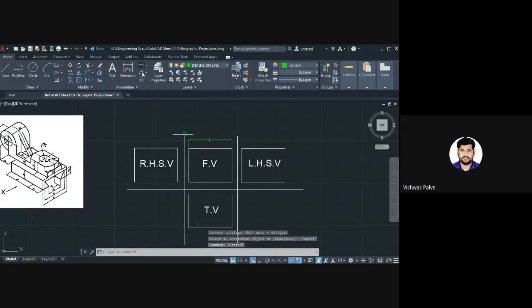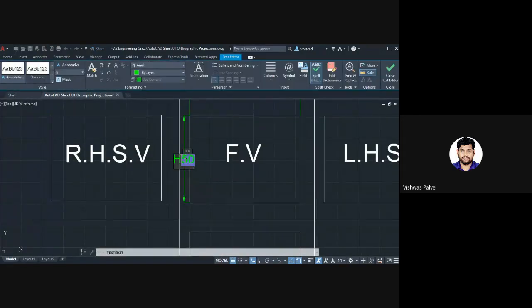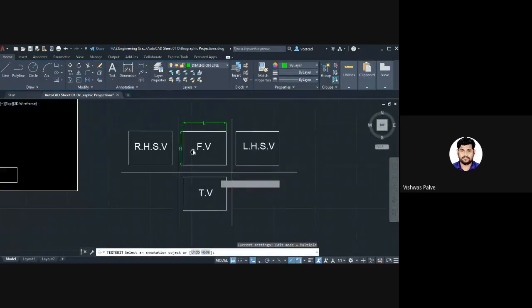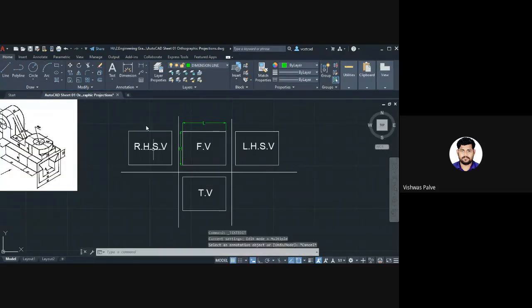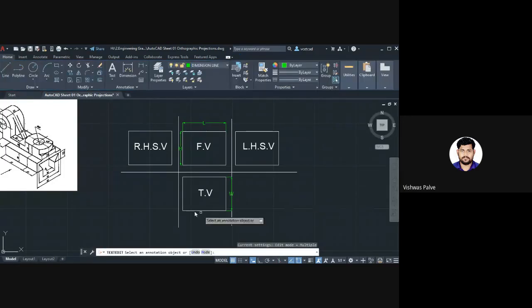Then I will get a height, h. In front view we draw length and height. In top view we get width and length.